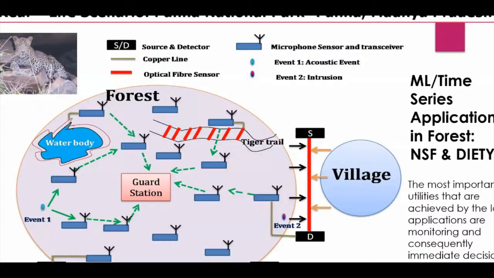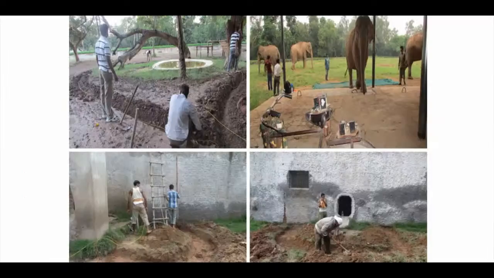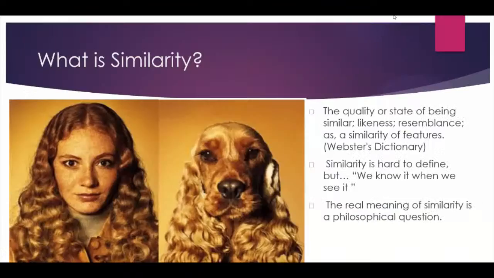Okay, so both ways it is dangerous, because if animals go inside the village, they may kill humans, and if humans go inside the forest, they may kill the animals. Okay, so soil digging, firing guns, felling trees, movement of vehicles, all these types of problems we found out. Here you can see the spectrum: a rifle in open ground has one behavior, and a rifle near water flow is different. Finding similarities is a philosophical question, so it is not an easy task to find the similarity between two things.